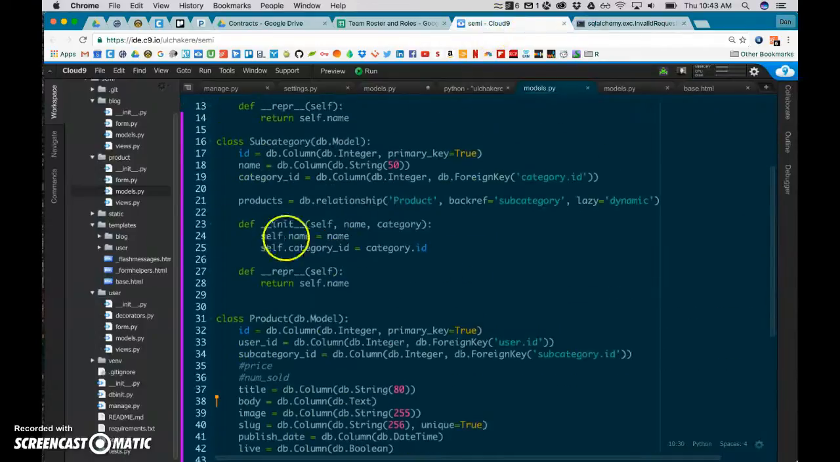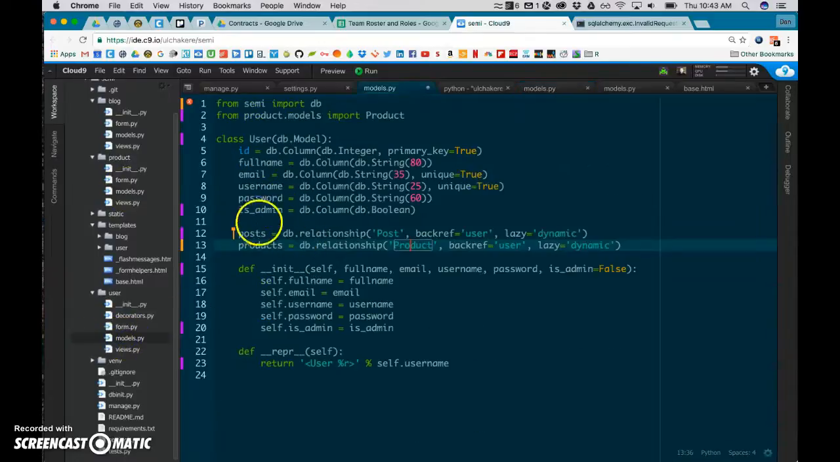And I assume that this is stemming from the user model, which confuses me because, for example, if we look at the user model right here, we have a database relationship established with post, and it recognizes that just fine. And post has